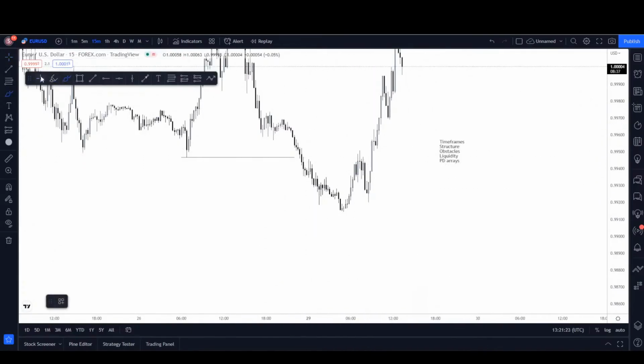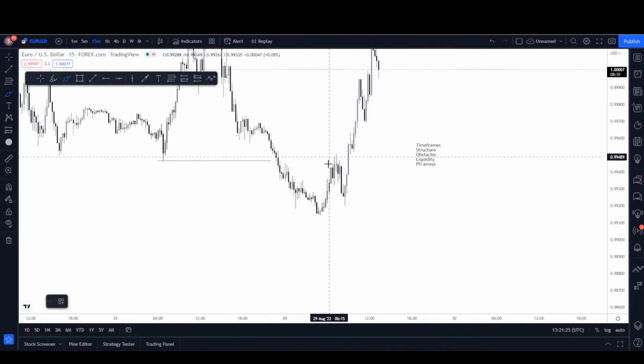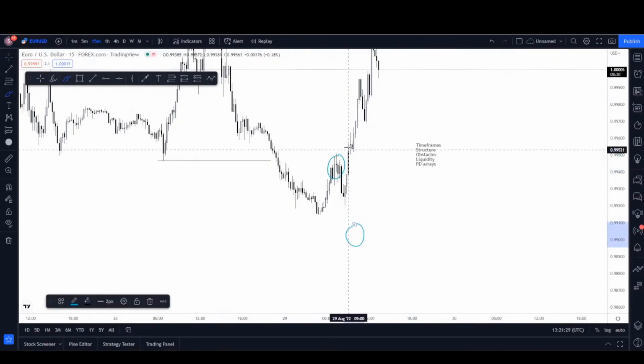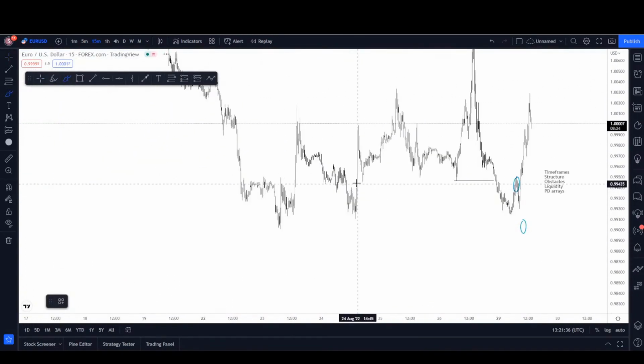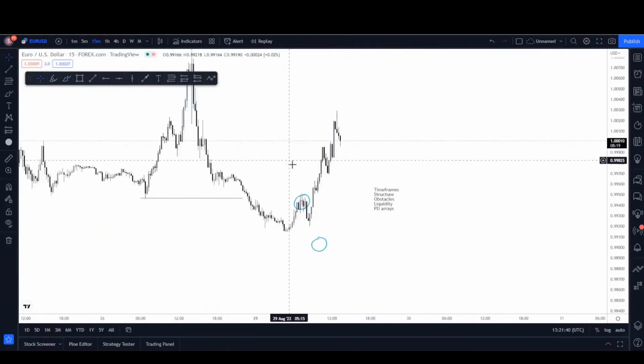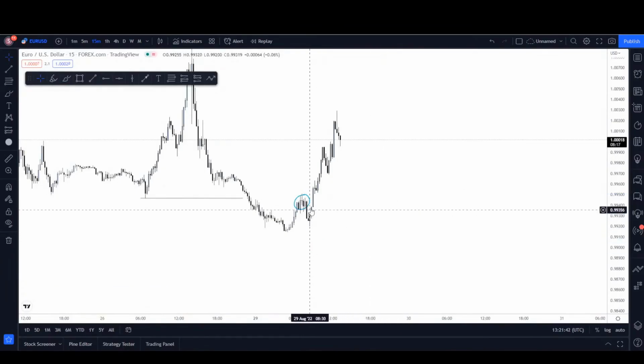But the main thing today that I really wanted to showcase was how the M5 did not equate to H1, which I explained when I did the last live stream. And I really like how it bought from below these equal lows. And potentially right now, M15 is still bullish. We've still got bullish structure, so